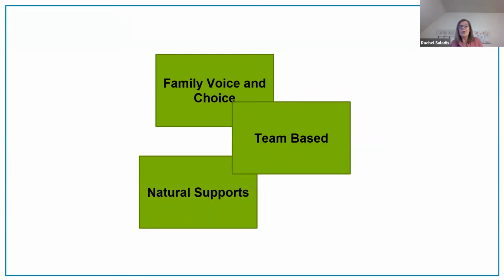Their natural supports are their network of interpersonal and community relationships, as well as staff members that the family knows and trusts. That might be different than your standing SST, SIT, BCT team, right? Now, the team might also need to include others by legal mandate. Sometimes that happens.